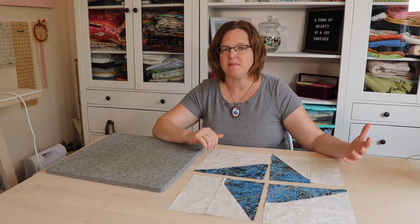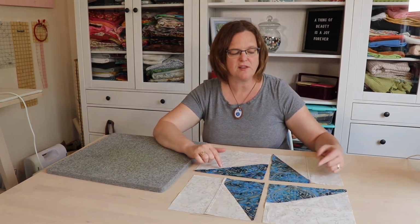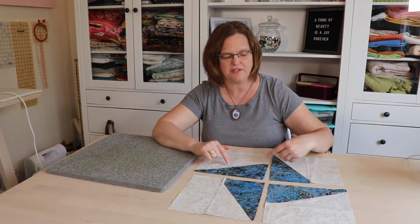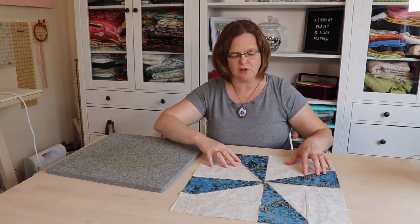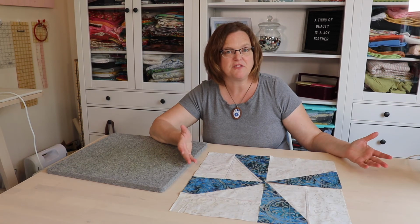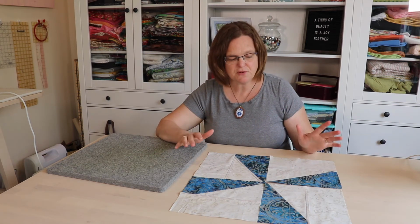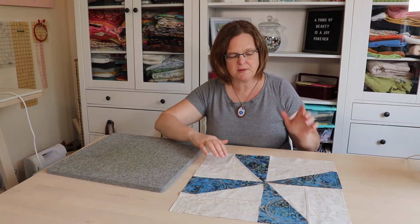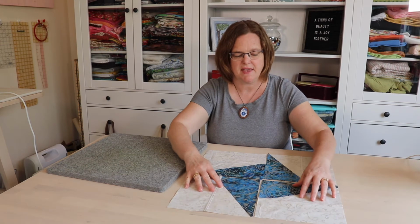So now I'm going to lay them out in the arrangement that I want. And I'm going to put mine so that they look like a star, so they have these points coming out. But if you prefer, you could also make it look like a pinwheel. That's another option that works with these shapes. So play around with different arrangements, find the one you want, and then we're going to sew them together into a